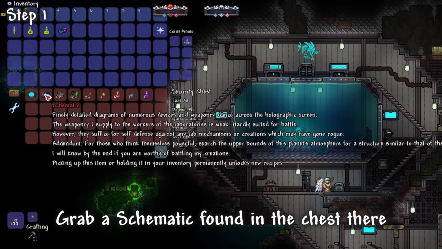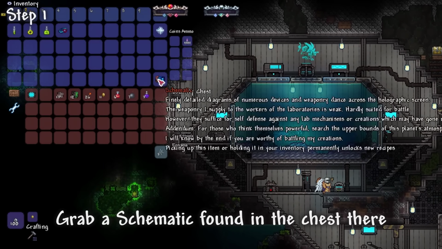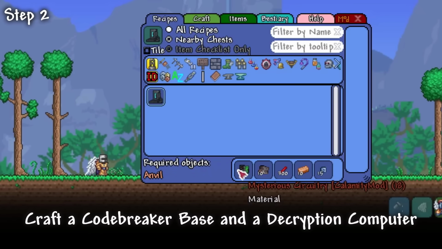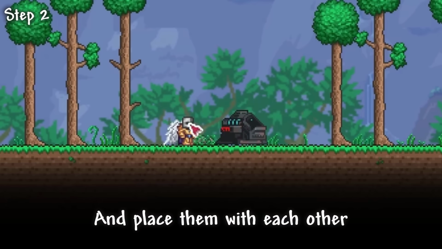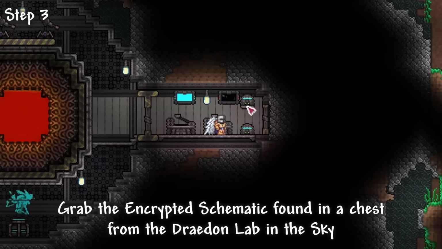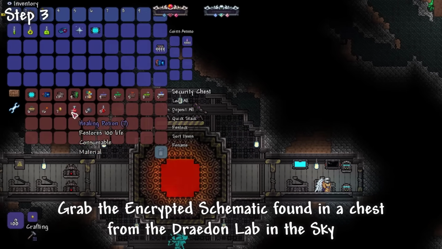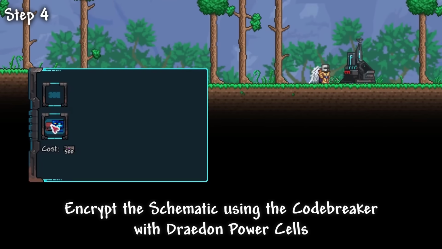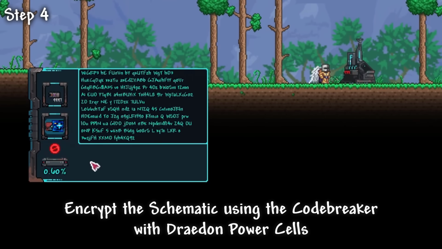Alright, to summon Draedon, first we go to the Draedon lab near the Sunken Sea. Grab a schematic found in the chest there, craft a codebreaker base and a decryption computer, and place them with each other. Grab the encrypted schematic found in the chest from the Draedon lab in the sky, encrypt the schematic using the codebreaker with Draedon power cells,